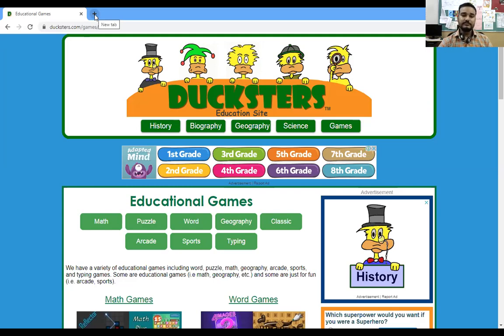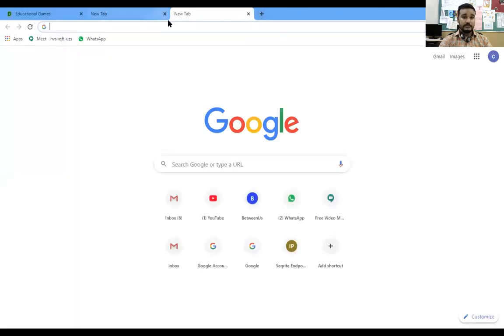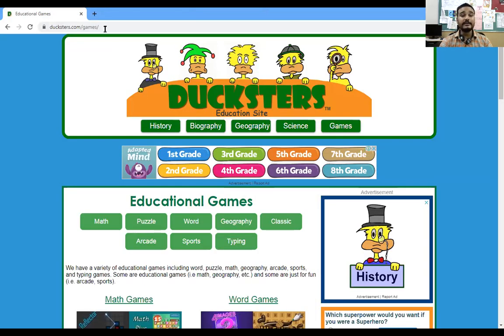When you click on that it will open another tab, means you will have multiple tabs at once. That is the new tab option. When you go to the rightmost corner, you can see three buttons: minimize, maximize, and close.